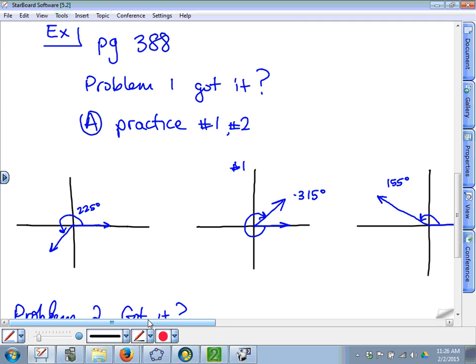Why am I calling this negative? Clockwise angle measure has to be negative. So from here down to here would have been negative 90, negative 180, negative 270. So I know it's beyond negative 270. Okay. And wasn't there a point on that one too? What was the point on that one? 2, comma 2? So that's cutting it right in half as well, so negative 315 would be the exact measure